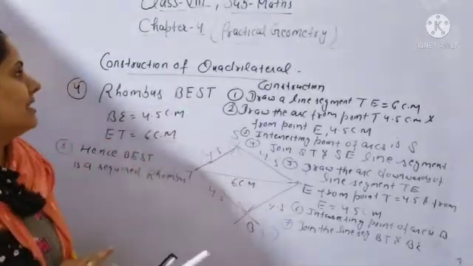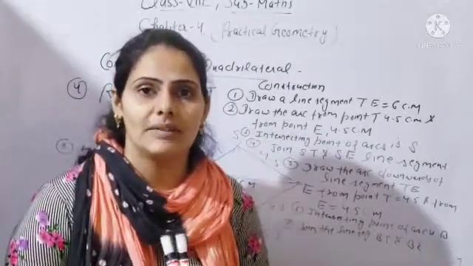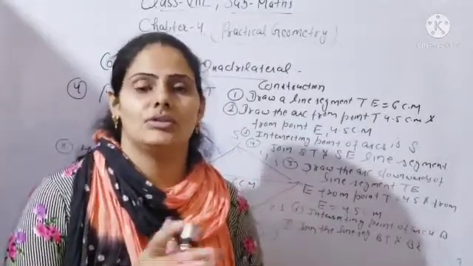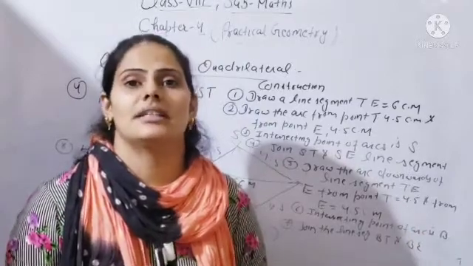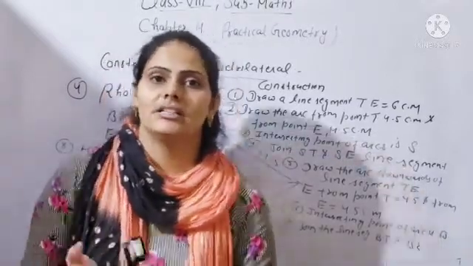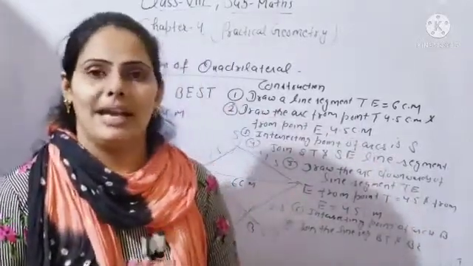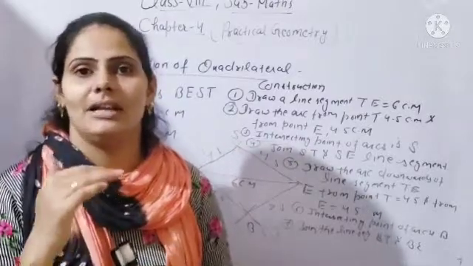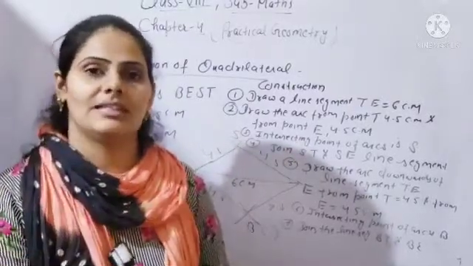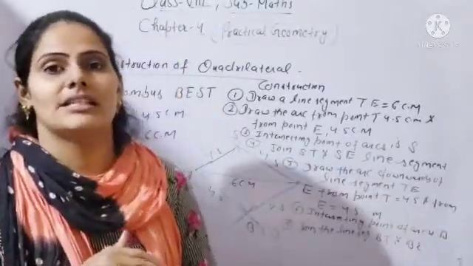Clear? So in first exercise, in this chapter practical geometry, what we have done when all the four sides are given and one diagonal is given. So how will you construct the quadrilateral, any quadrilateral? So in first and second question quadrilateral is given. Third question what is given? Parallelogram. In parallelogram any two sides are given, so opposite sides will be equal. So one is opposite to second one, third one is opposite to fourth one. So you can write the length will be also equal, opposite sides length.